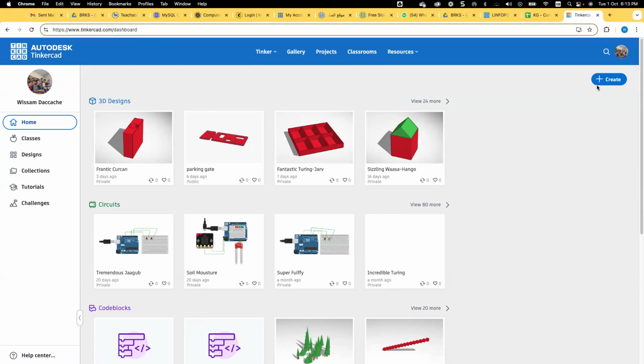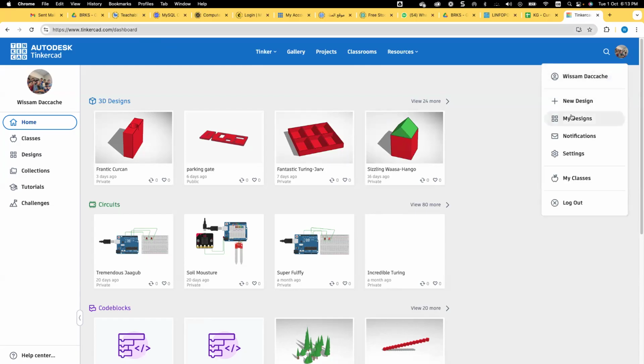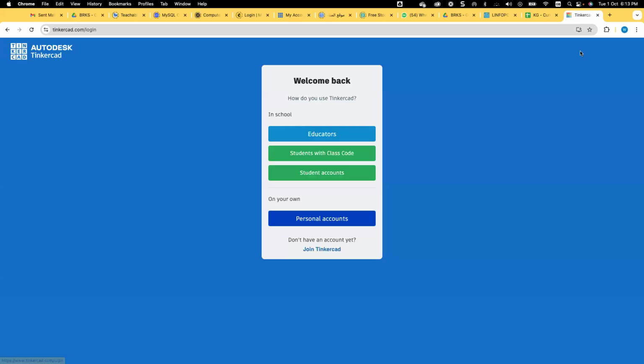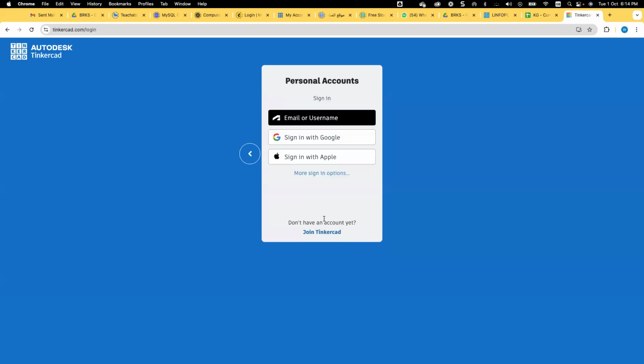So once I log in, and here if I log out, you have to log in or to create an account. I advise you to go for the personal account and to choose your personal email, a Google Mail or an Apple Mail, depending on what you are using.